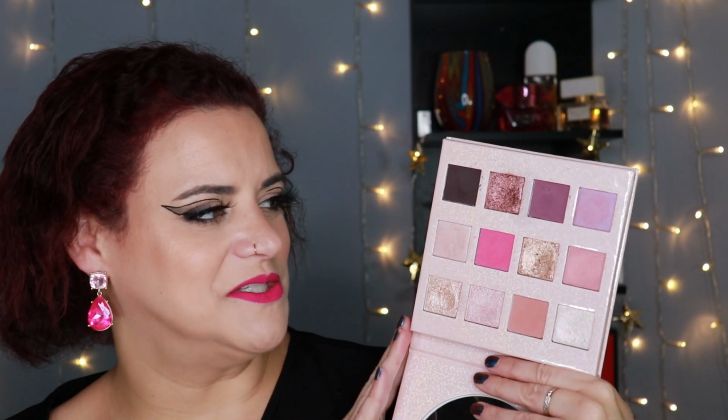While the mattes in here do blend out nicely, they don't really have that oomph to them that I'm looking for and that a lot of other palettes in my collection deliver. So this is just a palette that I end up overlooking time and time again. However, I think it's a palette that my daughter's really going to have fun playing with,